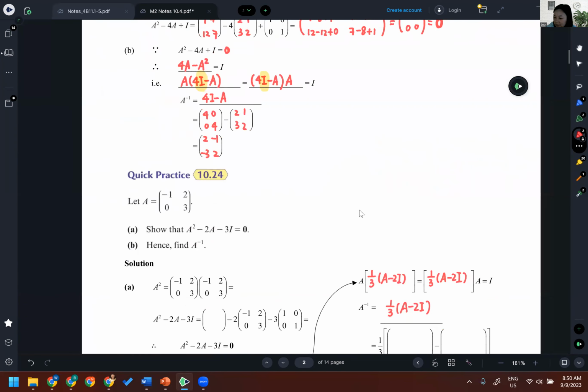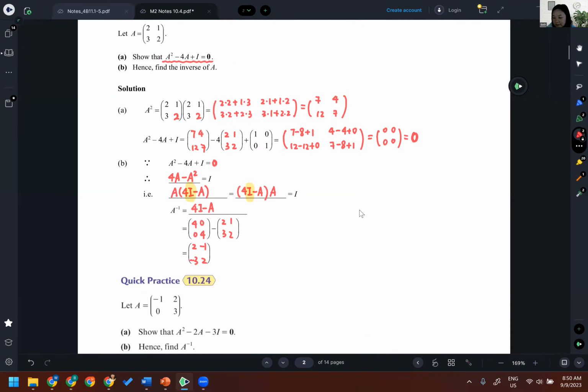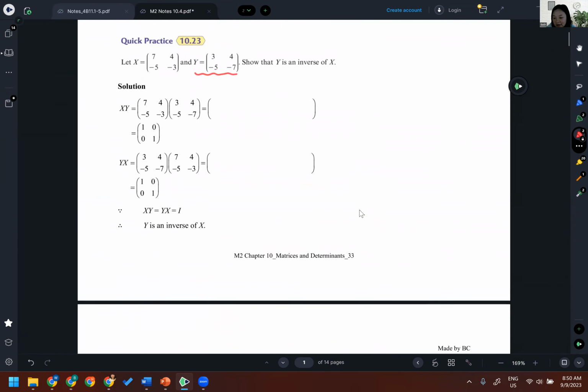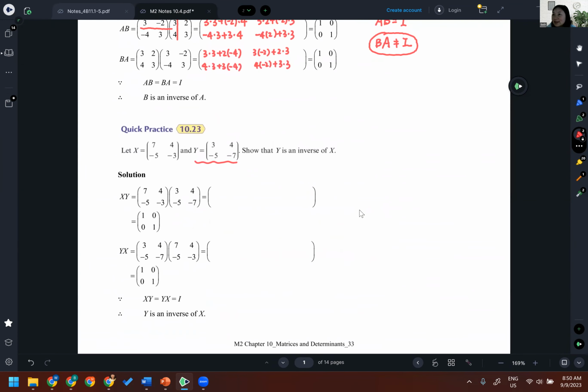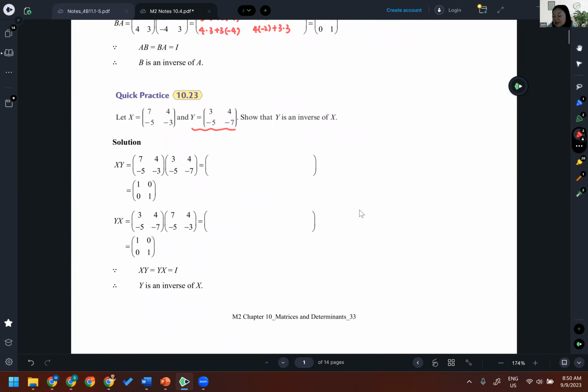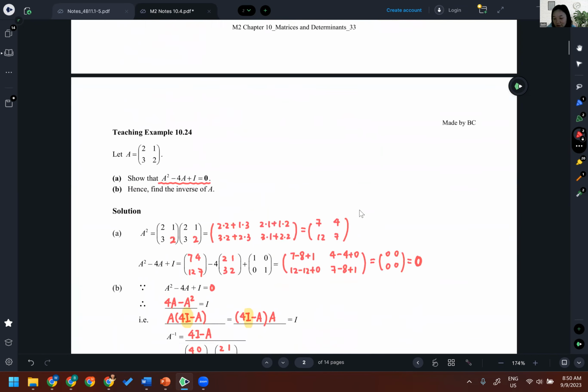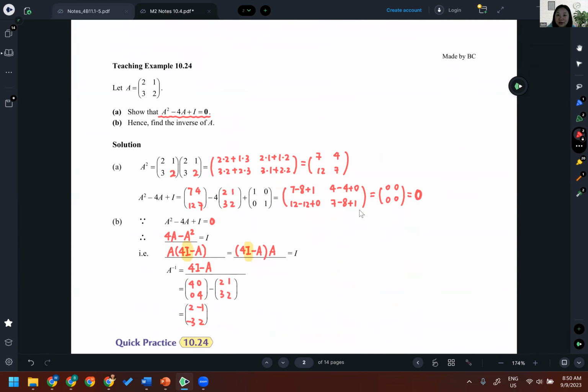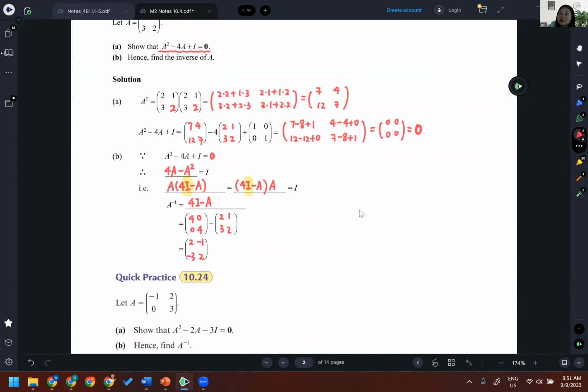So that is the part about the definition of inverse. And we can find the inverse heavily based on the given condition. Sometimes it's given to you directly. And for this example, it's given to you through an equation that you're asked to prove. But in reality, we don't know how this equation is obtained. But hold on, hold on. In the end, we will review how to compute the